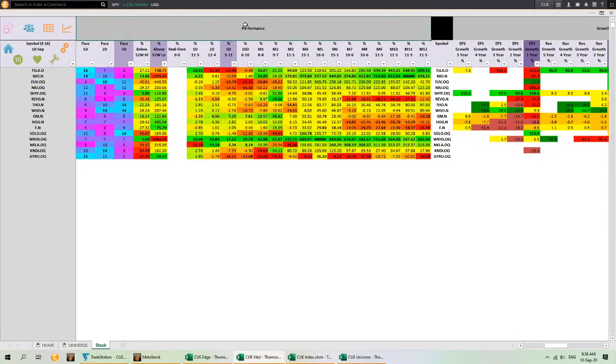To the left of it, we have the price performance. Price performance of the stocks in scorecard